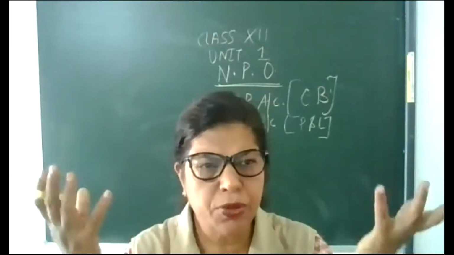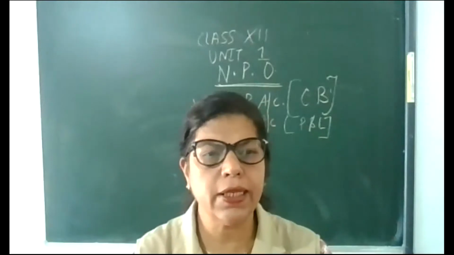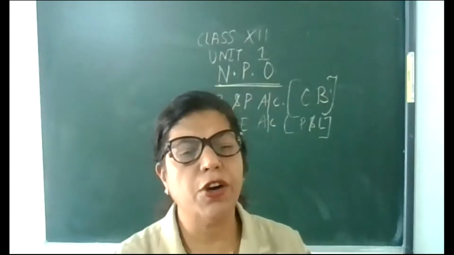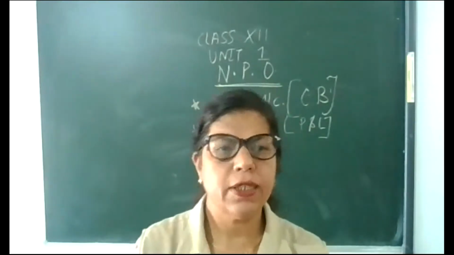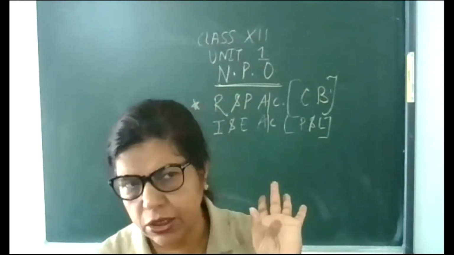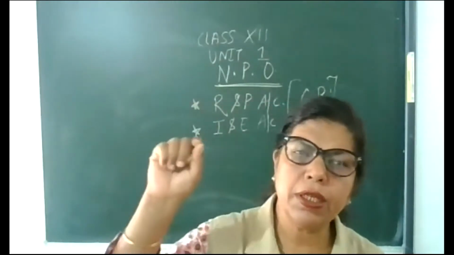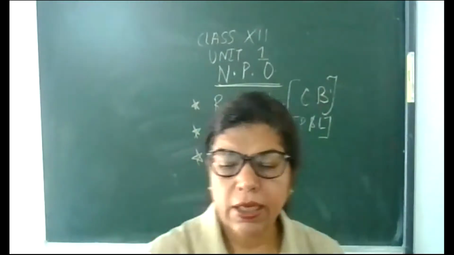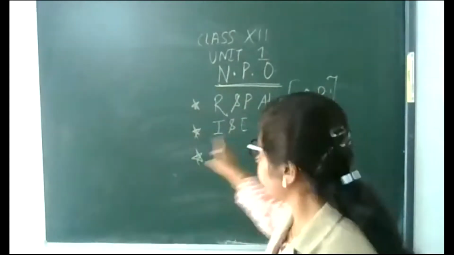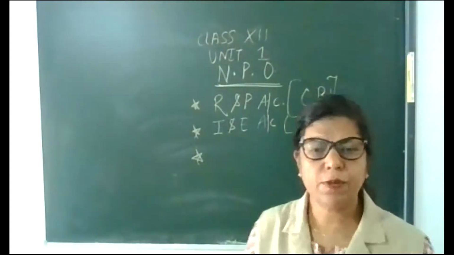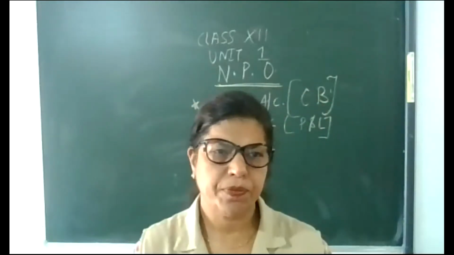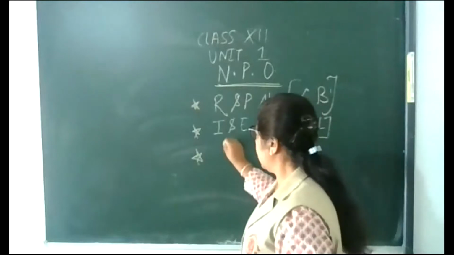They are not producing something. They are not selling something. They are providing services. On the basis of a non-profit aim, they prepare the income and expenditure account. Now, my dear children, the income and expenditure account is the same as the profit and loss account. Now, third is the balance sheet.